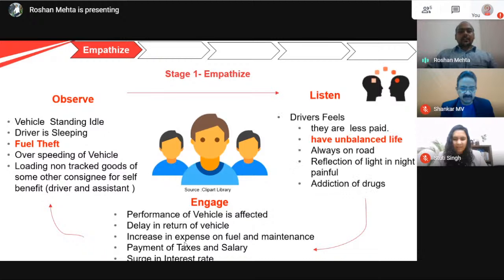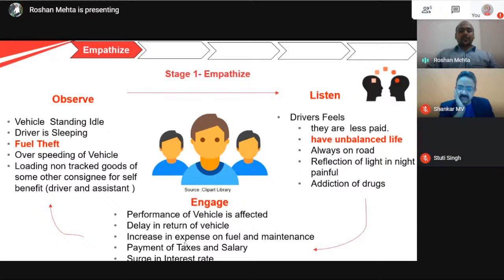And when they listened directly to the driver, they felt that he is less paid, he has an unbalanced life, and he is always on the road. There was pain, like the reflection of light in the night is very painful, due to which sometimes, to drive at night and late night, they get addicted to drugs. The team collected enough insights